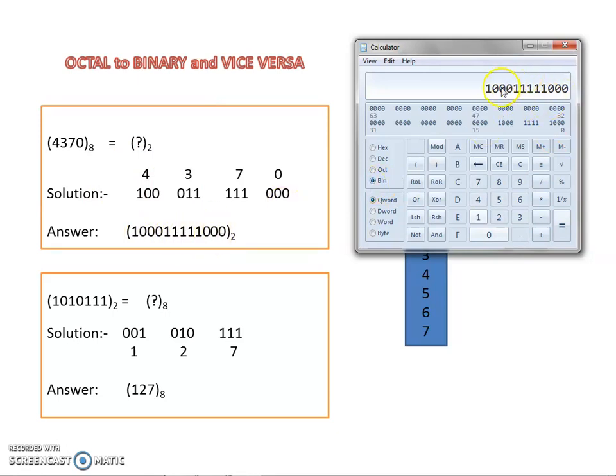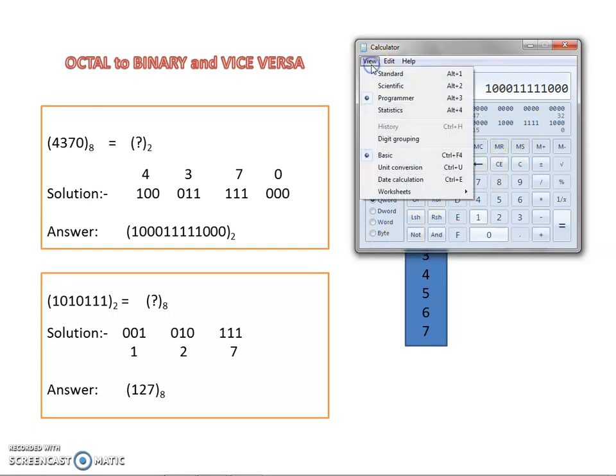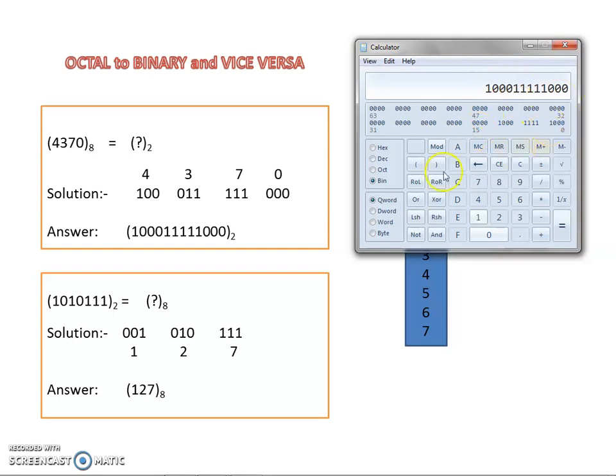This is exactly telling. Now if you want to see that in decimal, it is 2296. This is decimal. In hexa, this is 8F8. In octal, it was this. In binary, it was this. So with the help of the calculator, from view and programmer option, you can see all 4 kinds of number systems and you can compare those.